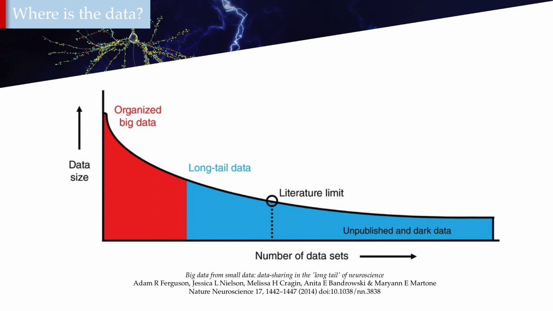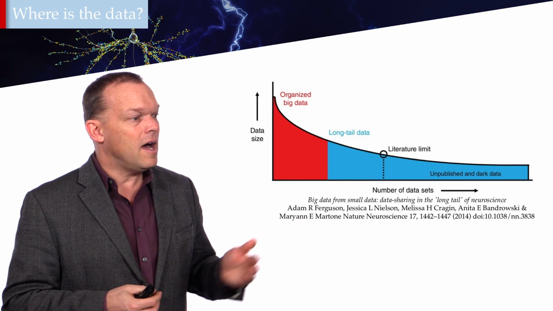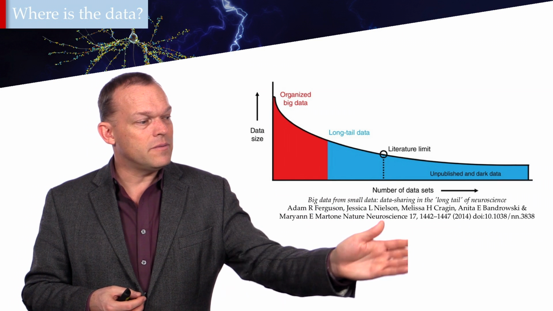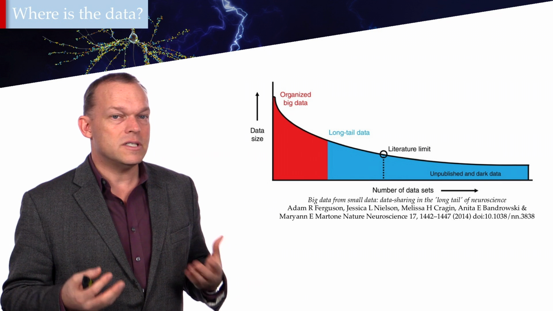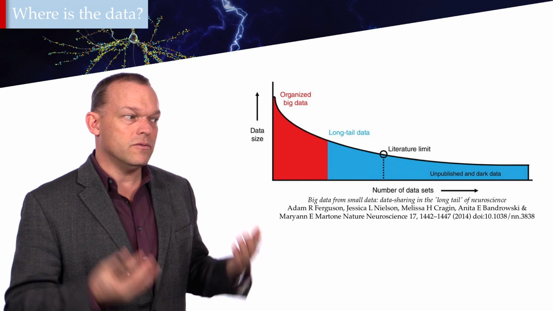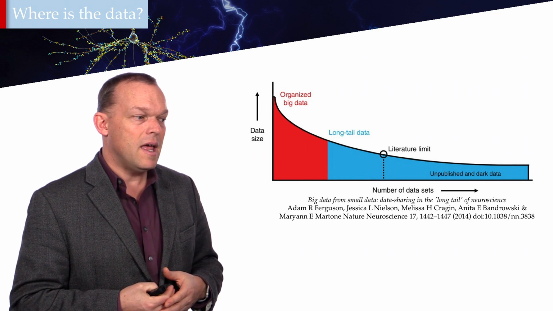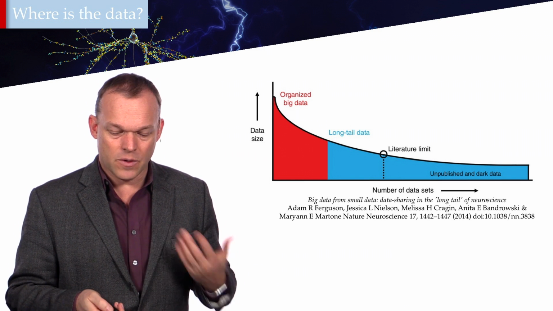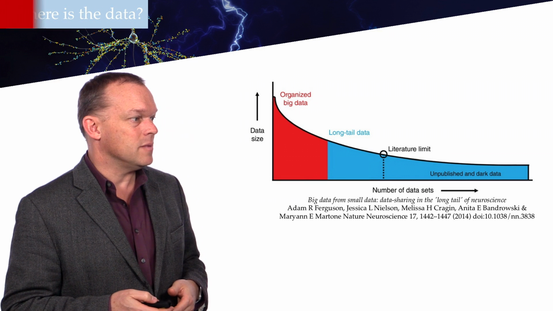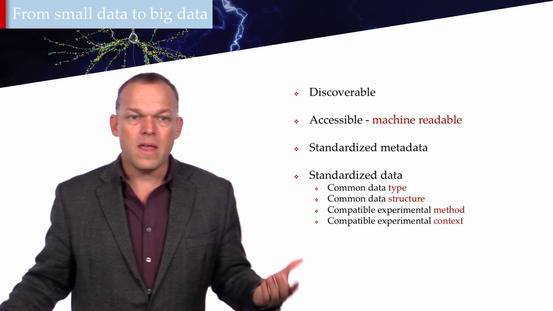What we see on this graph is that there is organized big data, and the Allen Institute for Brain Science is probably the best example of generating high quality, large scale data. But as I was saying, most of the data is actually unpublished and dark data, or it's referred to in papers. And there's a big challenge of how do we discover that? How do we find it? How do we organize it? How do we make it accessible? And the way that you do that,